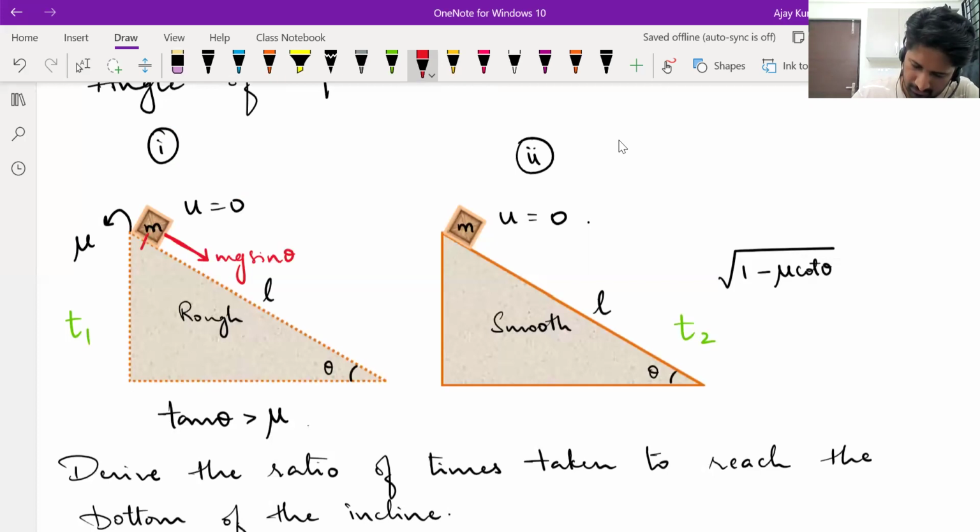Okay. And the normal force from the incline. How much will the normal force be? Will it balance mg cos theta or not? Yes, sir, it will. It will balance mg cos theta. And